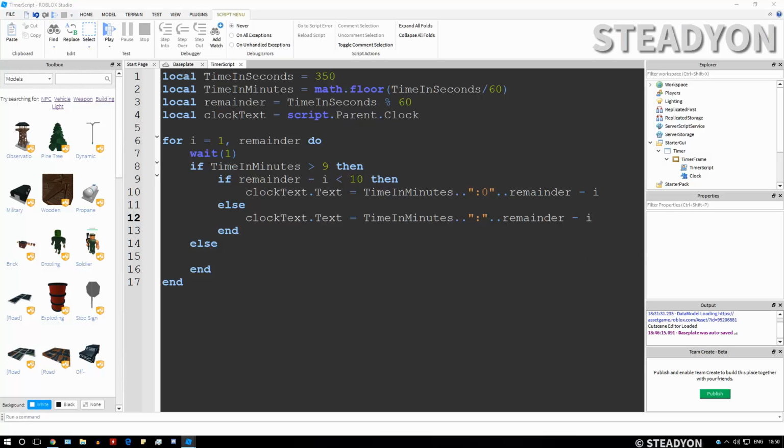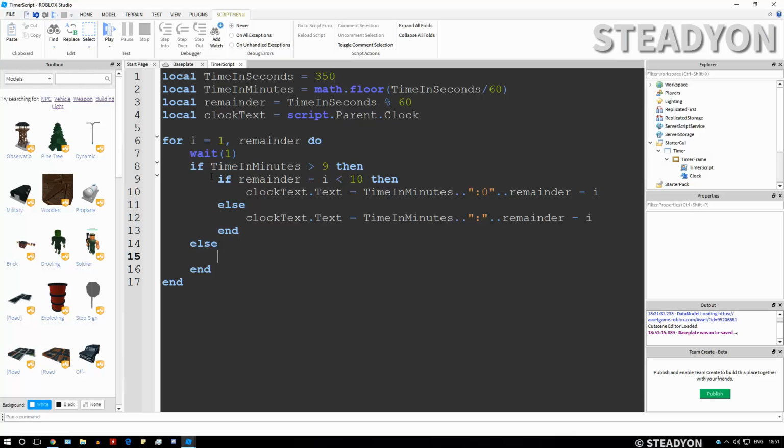So we've done the same thing here, apart from we haven't added a 0 on, because if it's more than 10, then it must be a 2-digit number. So we don't need to add a 0 because it's already 2 digits, right? And we already know that the number of minutes is a 2-digit number because we've already checked if it's more than 9 or not. So now we're going to go and put if the number of minutes is less than